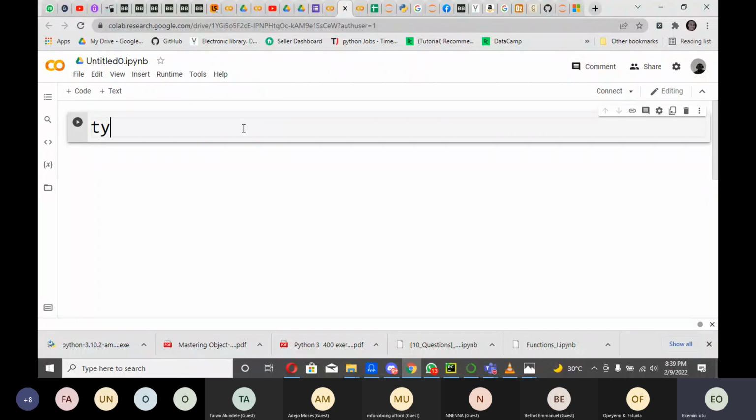The type function is just to check the particular kind of data type that a value has. So we can decide to say, what is the type of, let's say, 67. Remember, please, you do not do this in your Python. Let me just use print at once, because people might get comfortable with Colab and forget the syntax of Python. So if you decide to print the type of 67, which is a function too,